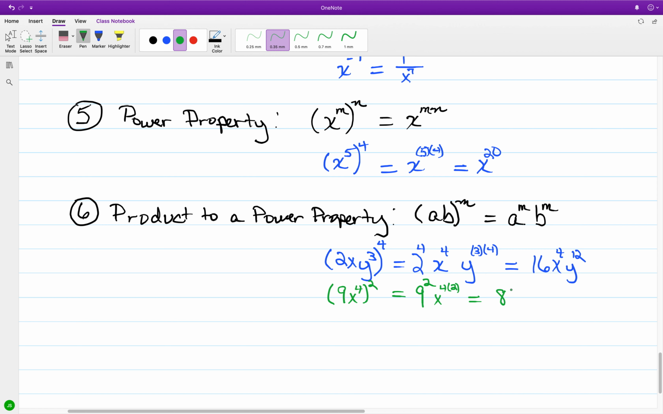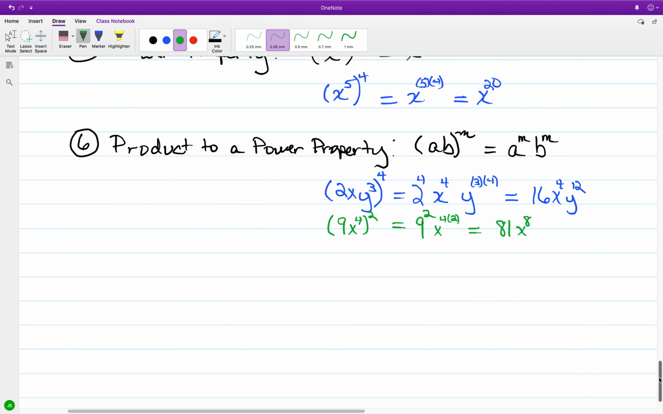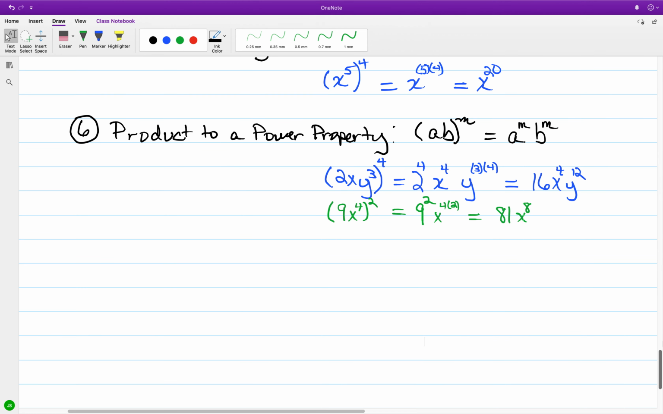9 squared is 81, and for the square of x to the 4th, that's going to be x to the 4th times 2, so that will be x to the 8th. So the square of 9x to the 4th is going to be 81x to the 8th. Now,